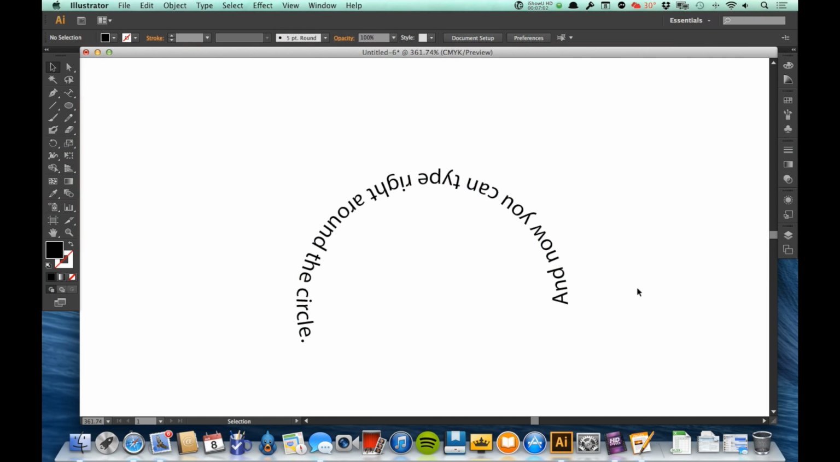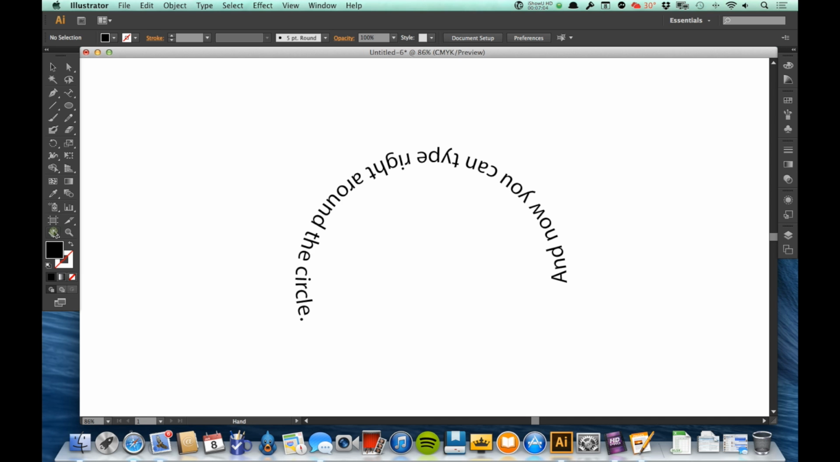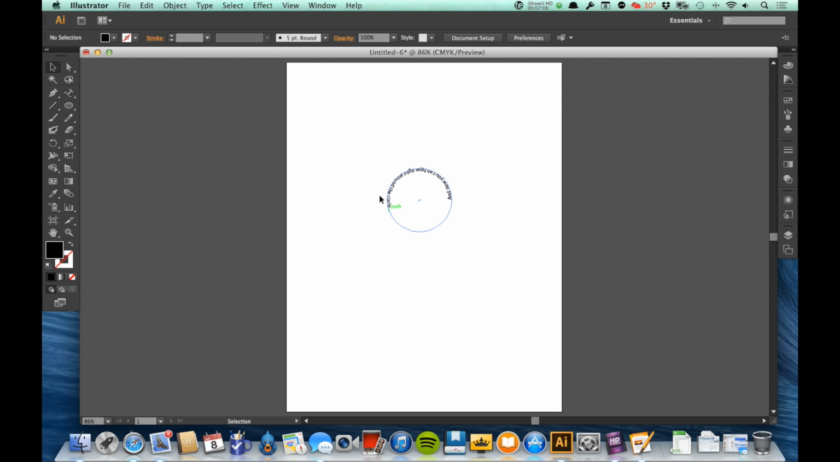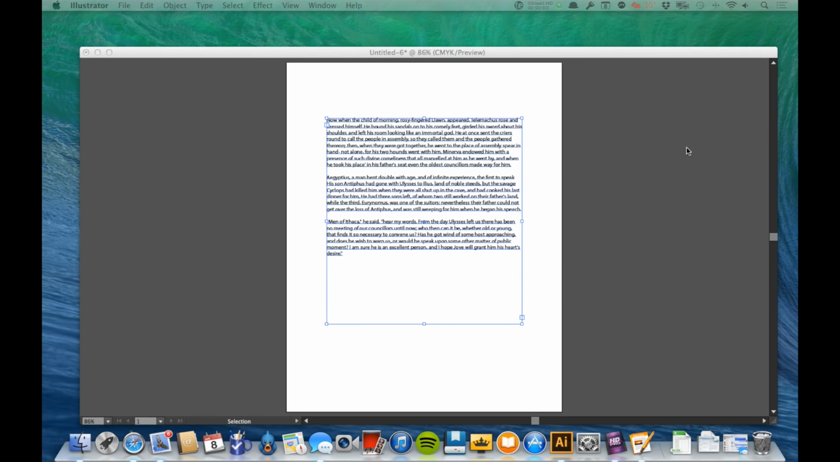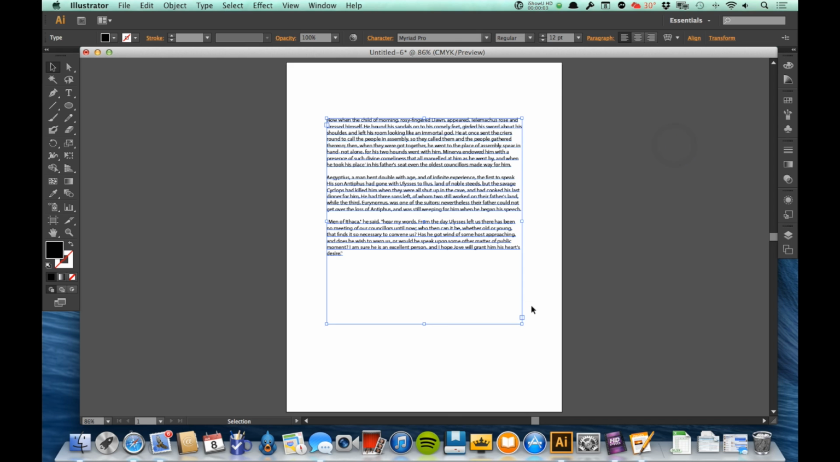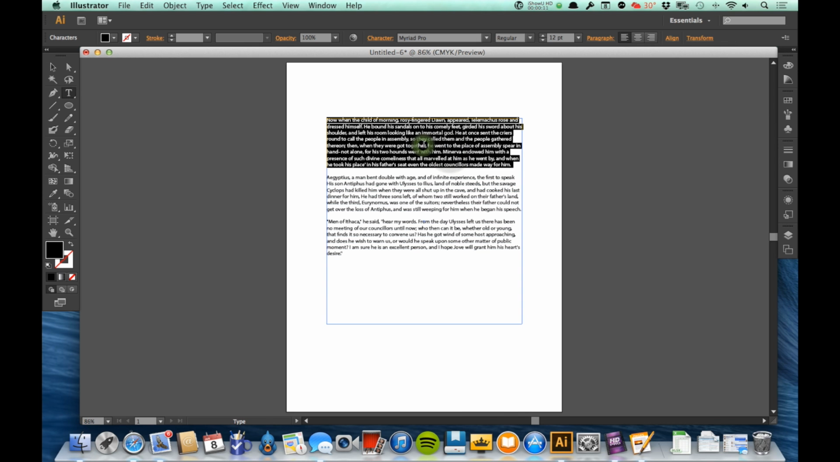Now, let's take a look at some of the controls that we have of type once we've created it. I've copied and pasted some text here into a text box, actually a section from Homer's Odyssey. Now, I want to make some changes to this text. So when I'm in here working with the text itself, you'll see that up here in the control panel,